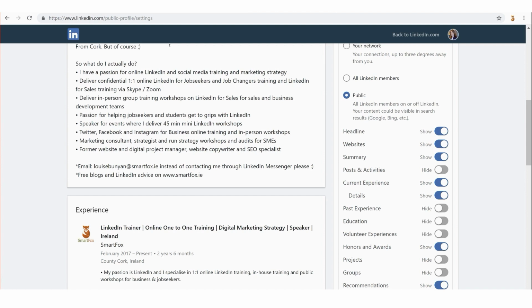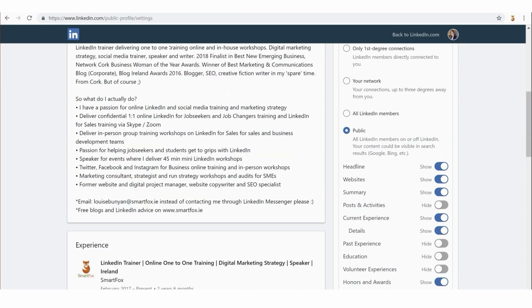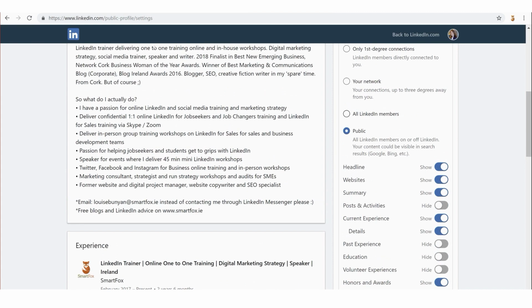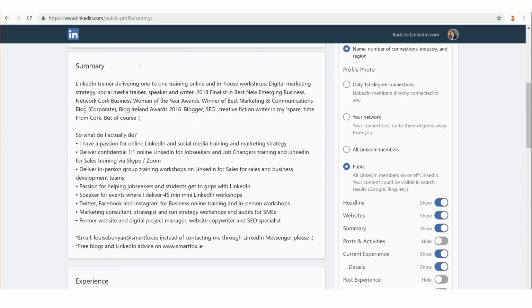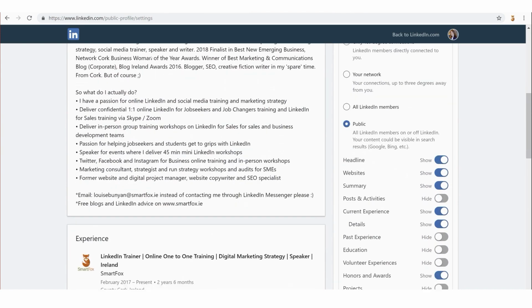Some people are quite comfortable having their photograph available to the public. I'm self-employed, I work for myself, so I'm absolutely fine with that. But other people are a bit more private, and that's absolutely fine. They may choose to go for either all LinkedIn members, your network, or only my first degree connections. So whichever option you want, you can pick your option now.